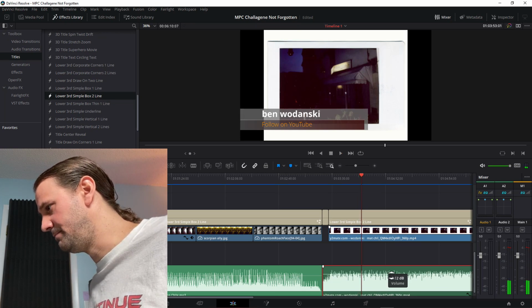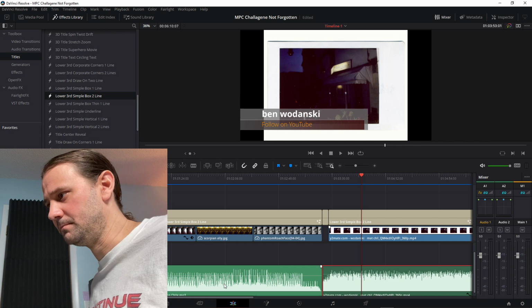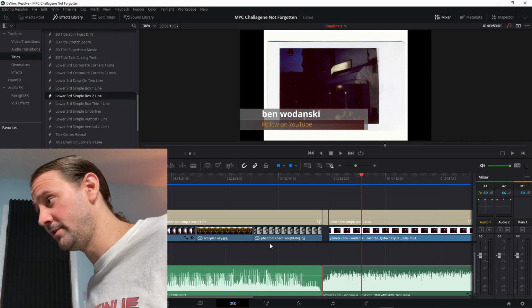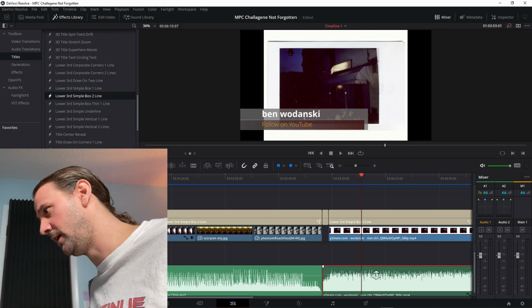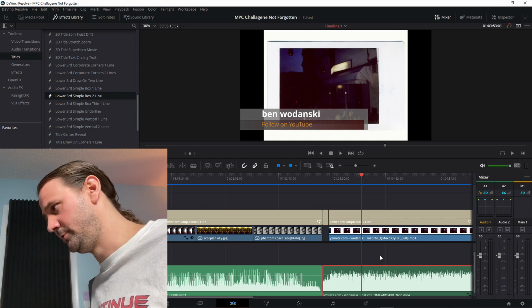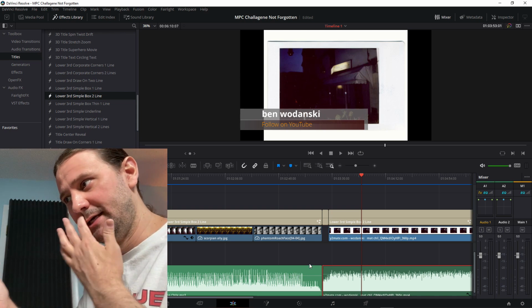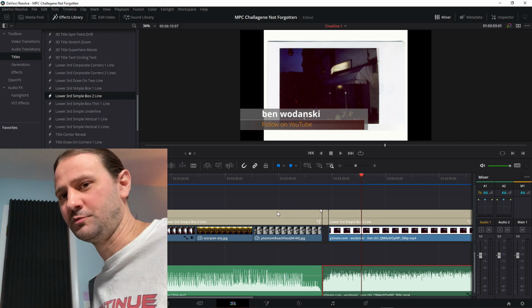Alright, and then I got these big speakers so I can really hear the bass. You can see how this one's quiet. This guy probably didn't put the limiter on there to really push the loudness, which is cool, but this guy really pushed the loudness on his. So it's just how people choose to do it. But whenever you're trying to put these together, you just try to get the loudness kind of even. At least that's what I do.